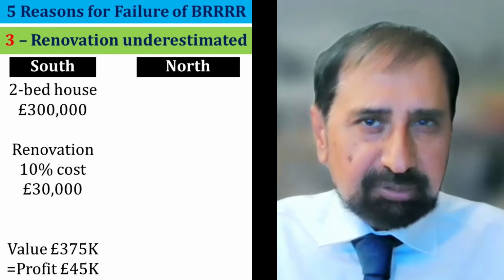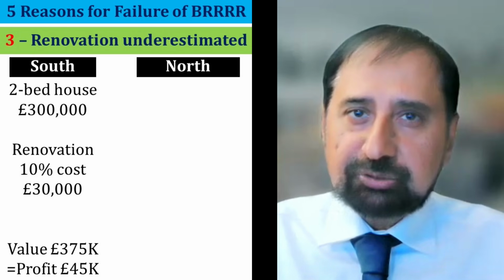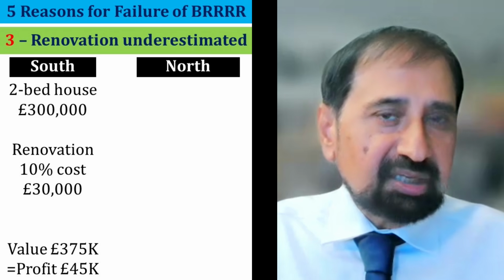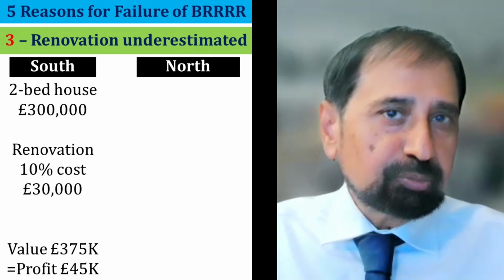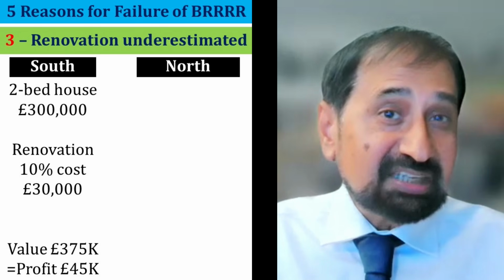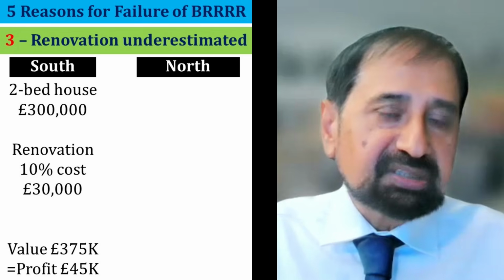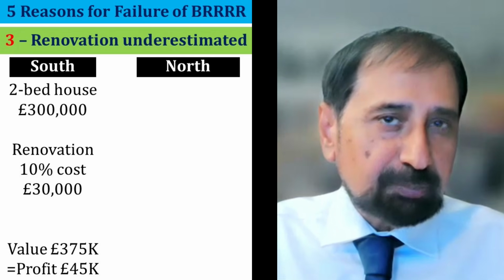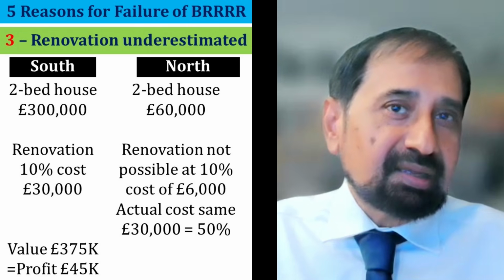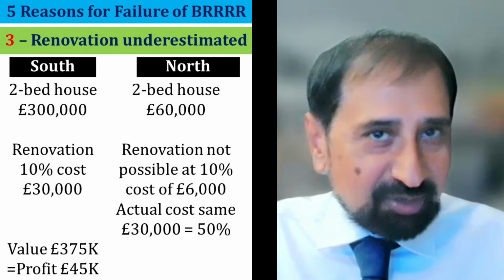Let me give you an example. A two-bed house near London or the south may cost £300,000, and spending £30,000 on a full renovation, including new kitchen, bathroom, heating system, and full decoration and flooring, is only 10% of the price. And it's good if it raises the value by even 25% to £375,000, making £45,000 profit. The same size two-bed house in the north may cost £60,000, but the renovation costs are